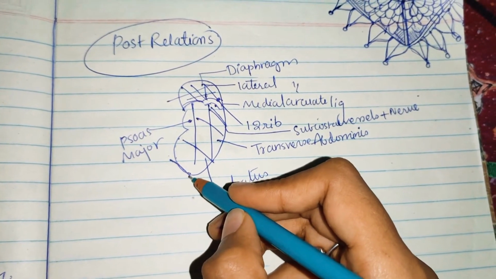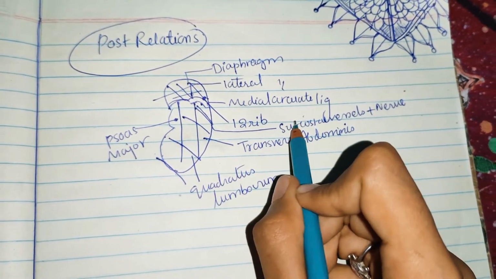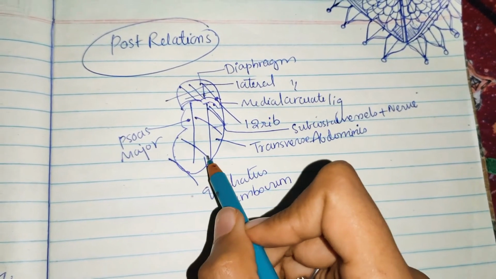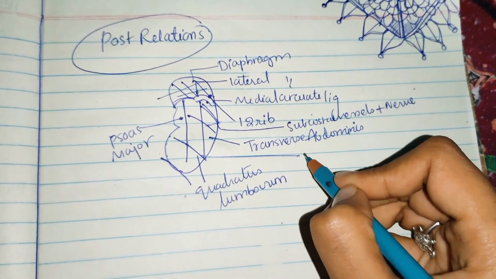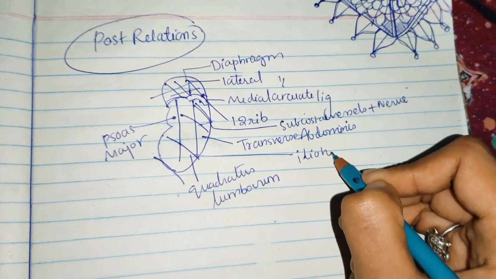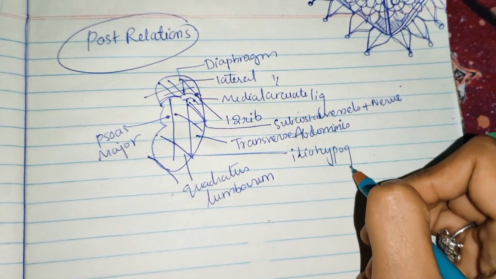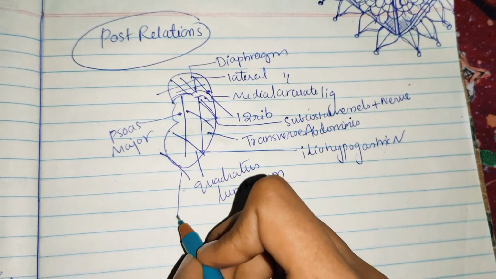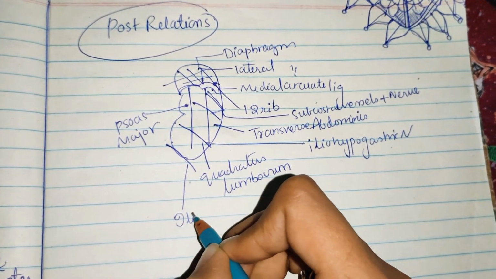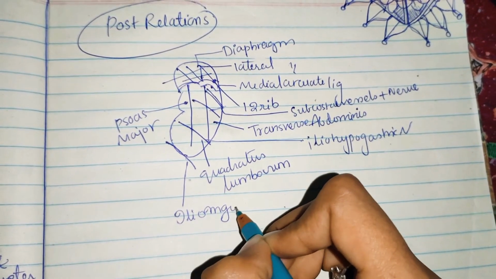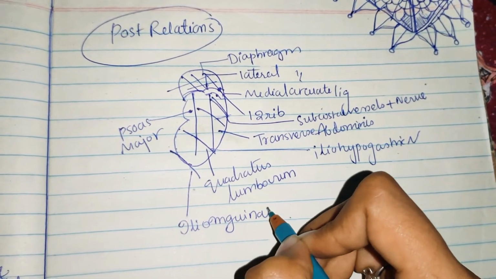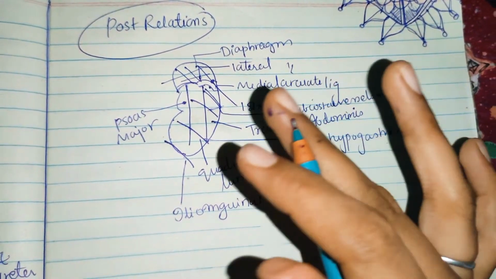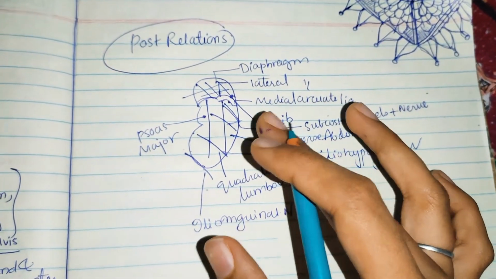That is first one, as we discussed, that is a subcostal vessels and nerves, and the second one, this is the ilio-hypogastric nerve. Okay, and the next one you have here is ilio-inguinal nerve. So these are all the posterior relations, but one thing you need to remember, this is posterior relation